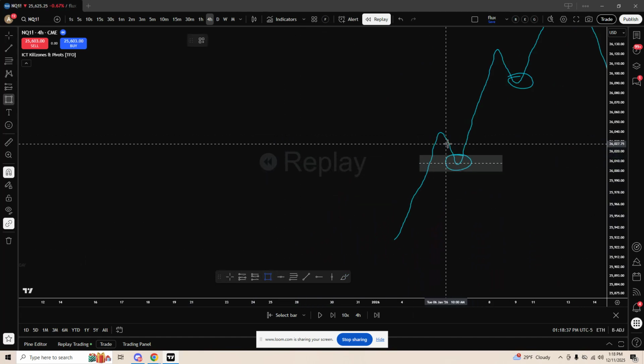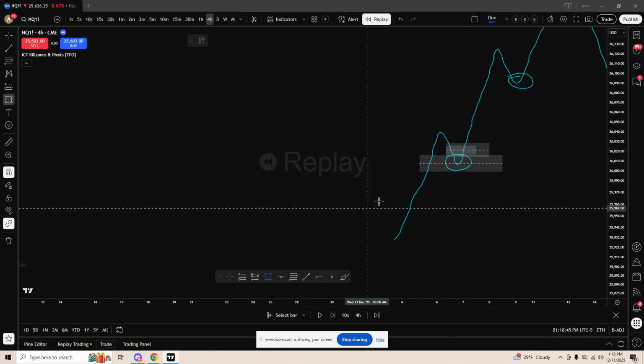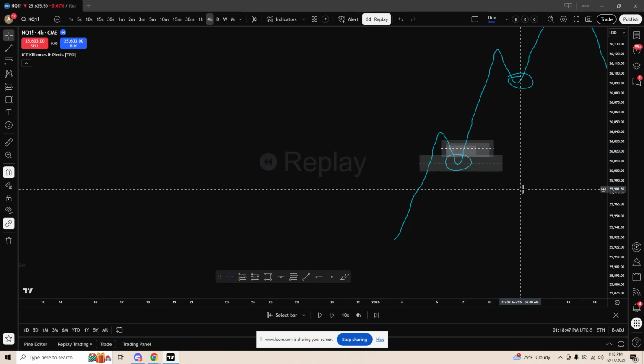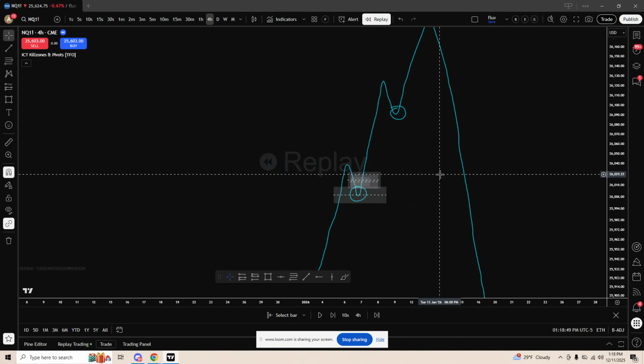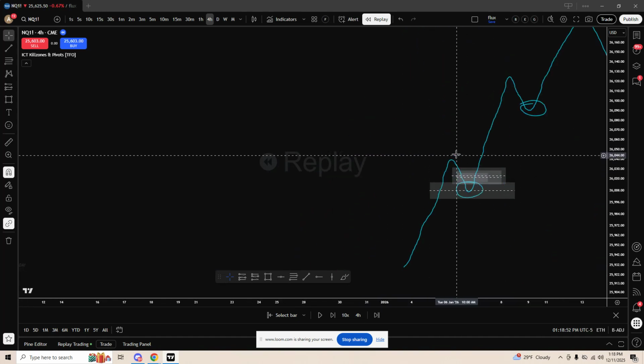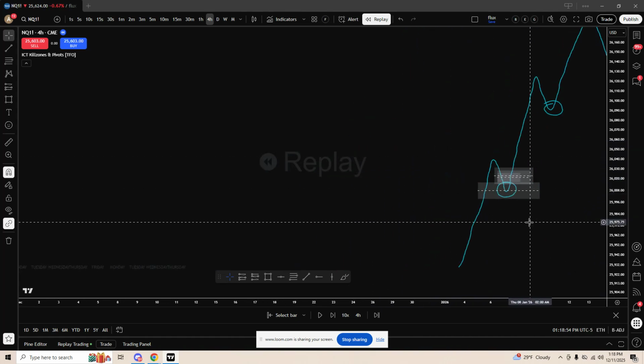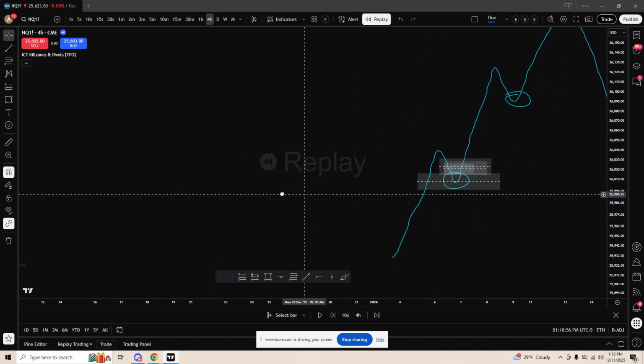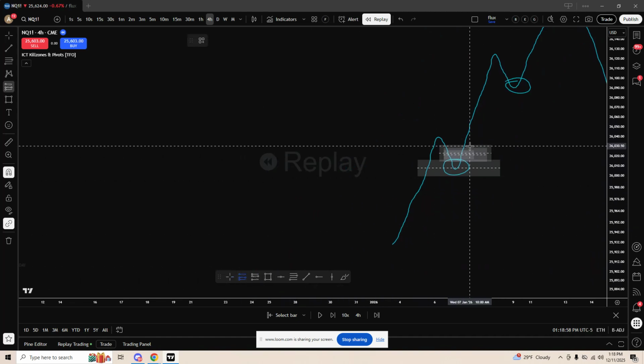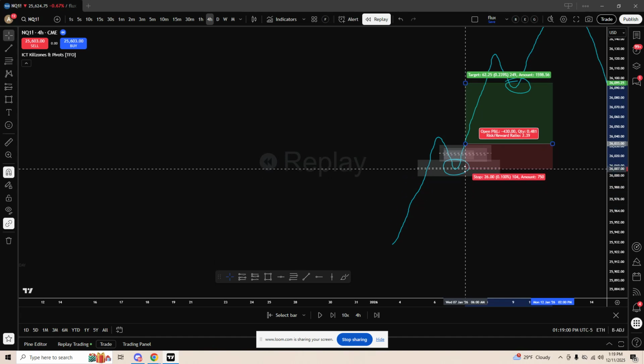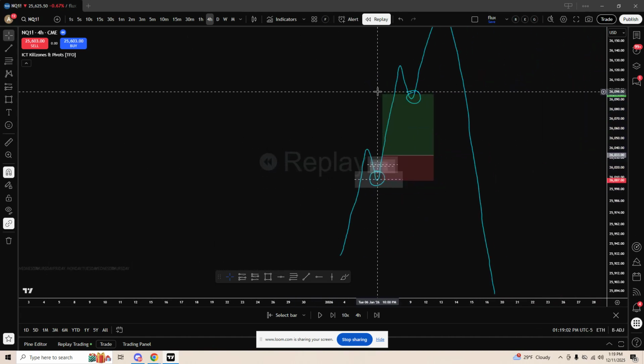So let's say there was a 1-minute gap right here. Then there was a 2-minute overlapping that gap. And then there was a 3-minute overlapping that. In this case, I would take the 3-minute because why? It's the highest time frame inverse fair value gap out of the manipulation leg into the 5, 3, or 15-minute gap. So what my entry would look like is enter right there, stops at the lows,